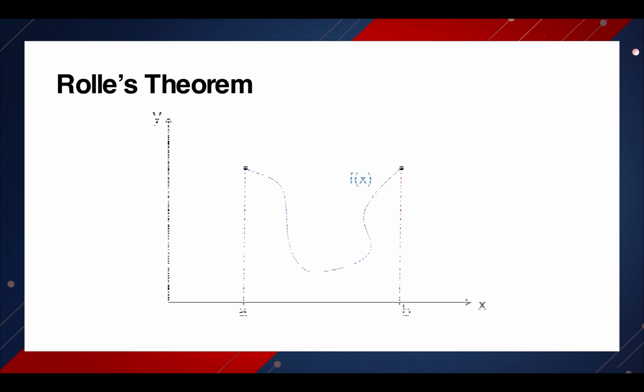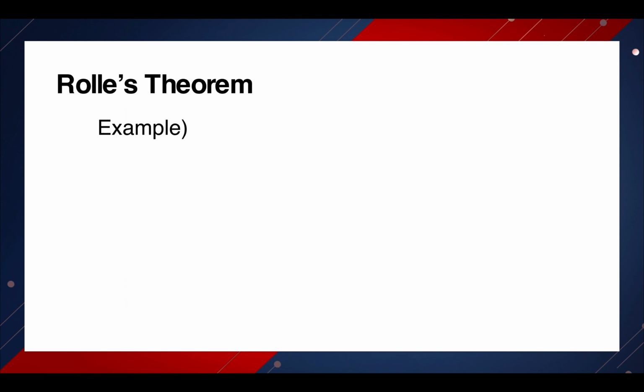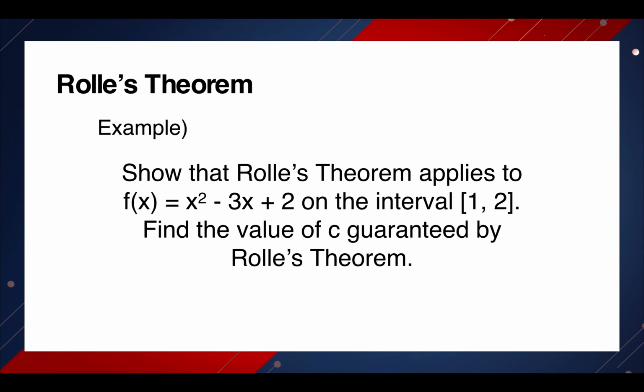And moving on to the next slide, we can see how Rolle's theorem is applied graphically. We can see that on the closed interval [a, b], there exists one point c whose derivative is exactly equal to 0. And now, next, I will provide you an example to see how Rolle's theorem works, which is to see how this theorem applies to the function